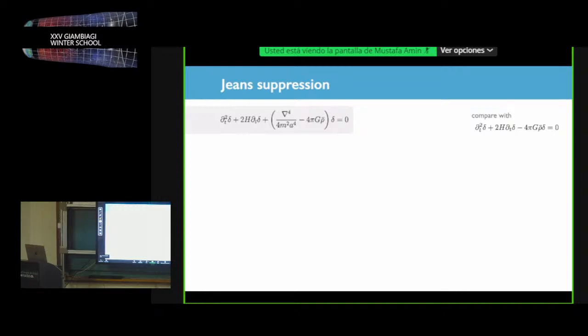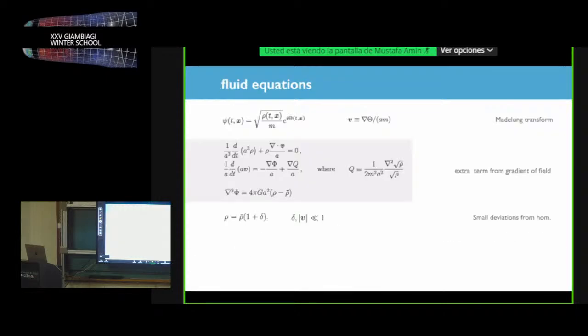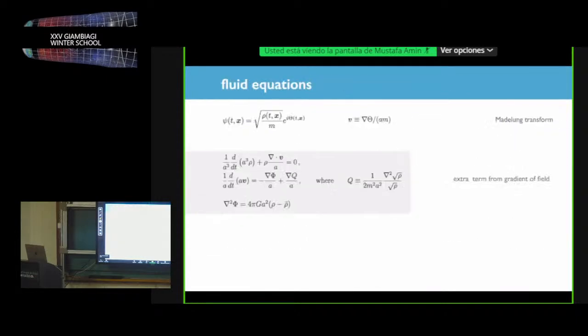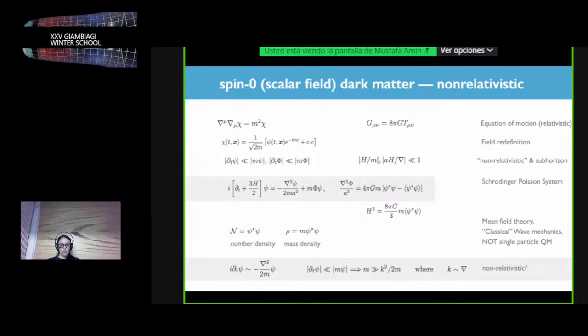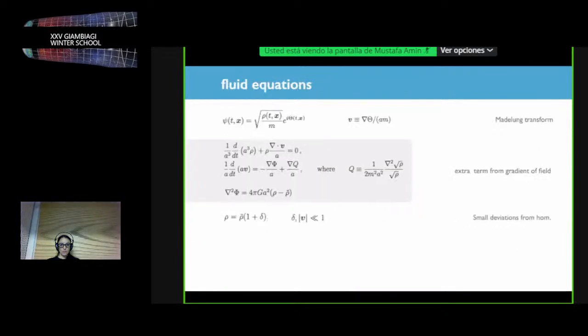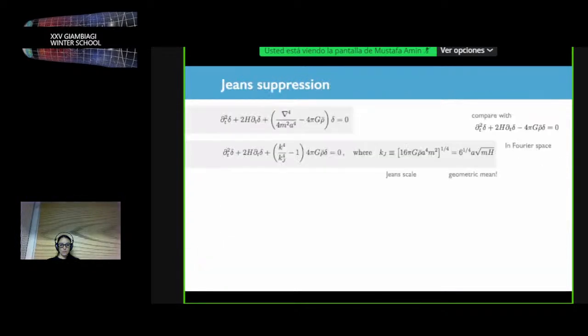Yes. Where does the Q term come from? It comes from